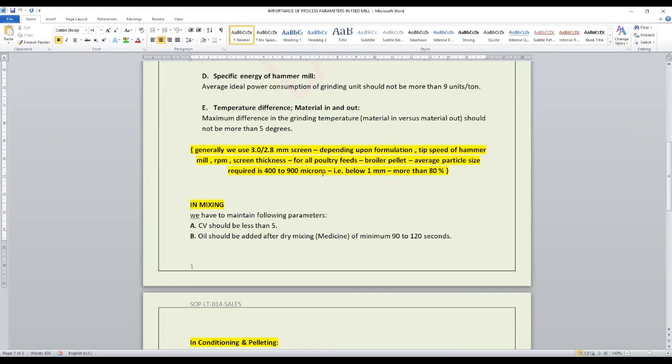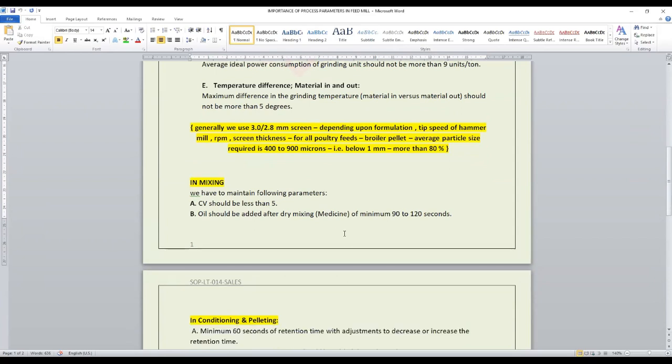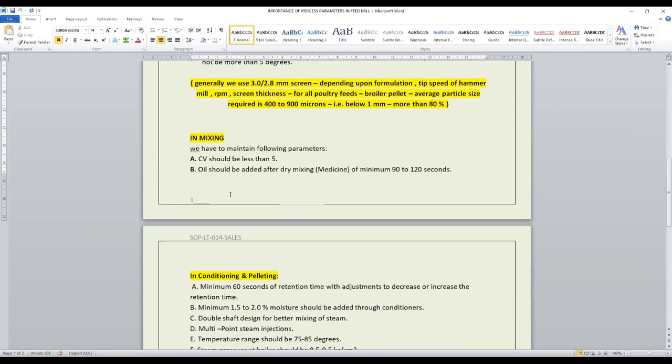तो हम उसको स्क्रीन अपना सीवी एनालिसिस कर सकते हैं, उसके अकॉर्डिंगली हम अपना ग्राइंडर का सेटिंग वी कैन चेंज। देन इन मिक्सिंग प्रोसेस, yesterday हमने डिस्कस किया रिगार्डिंग सीवी प्रोसेस। हम सीवी चेक करें एट डिफरेंट टाइम विद ड्राई एंड वेट मिक्सिंग। हम 4-5 सब ऑप्शंस के साथ अपना सीवी चेक करें। ड्राई मिक्सिंग में इतना है, 4 मिनट बाद इतना है, ऑयल एडिशन के बाद इतना है, 6 मिनट के बाद इतना है, अलग अलग रेसिपीज पे इतना है।